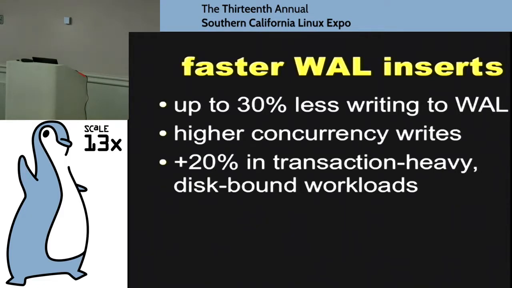The result has been that I did some benchmarking early on for 9.4 for a write-heavy, disk-bound workload that I came up with for a client's workload, actually, and I got about a 20% performance boost for that right out of the gate, running 9.4.0.